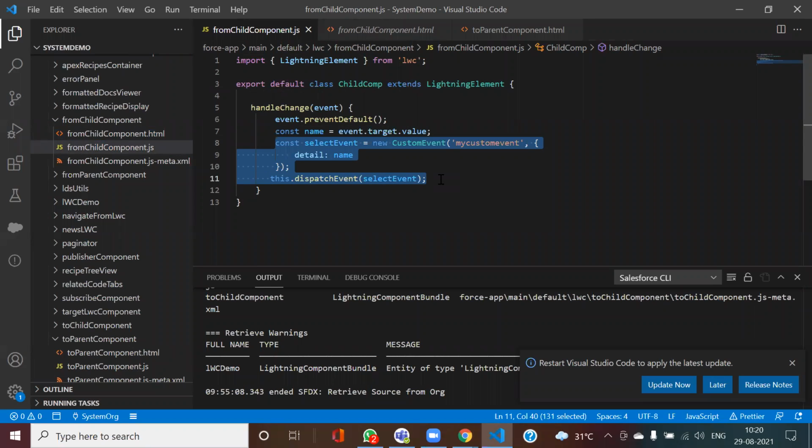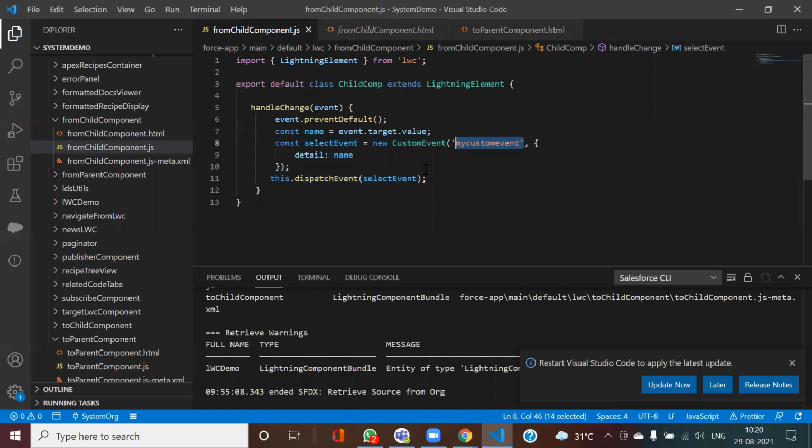So here what needs to be done? This event, since it needs to be fired from child to parent, you need to dispatch the event. New custom event. This is the name of my event. So this is the value that I'm passing out. So now let us see where this custom event is being present.